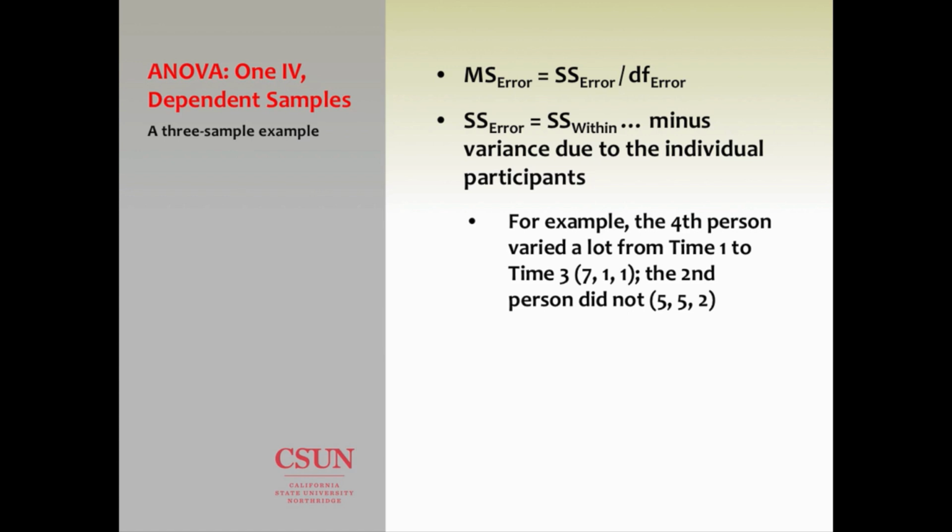Can we reject our null hypothesis that times 1, 2, and 3 are the same as each other? Let me say that again. Can we reject the null hypothesis that all three means for the three time points are the same as each other, and conclude in support of the alternative hypothesis that they're different from each other? Okay, so